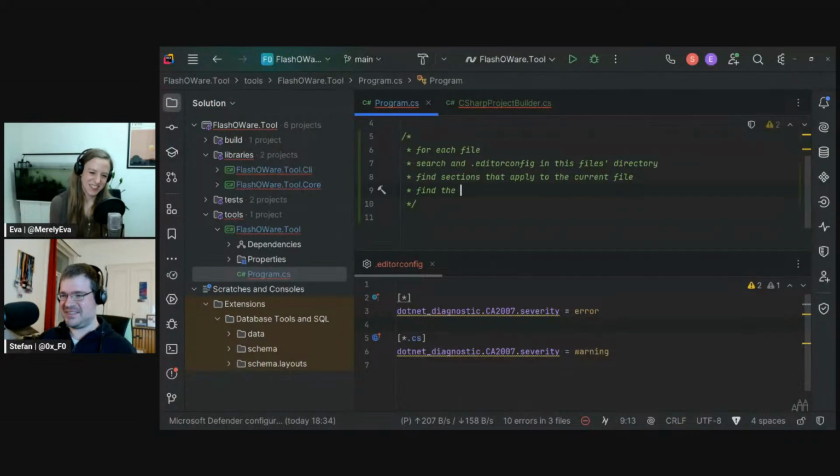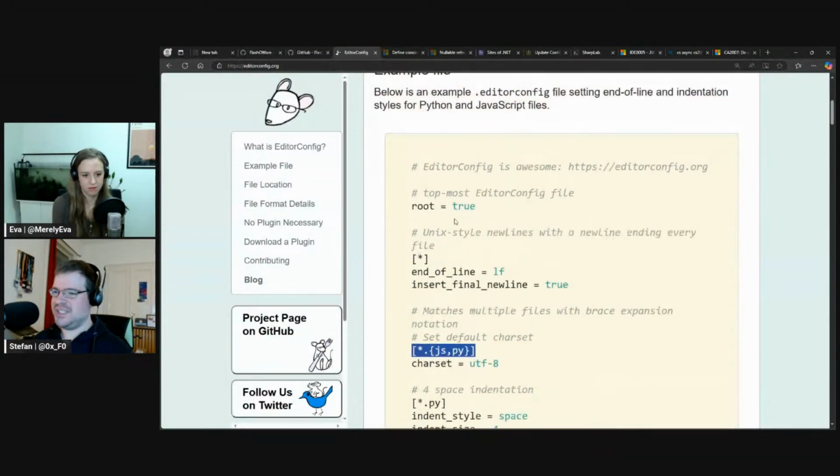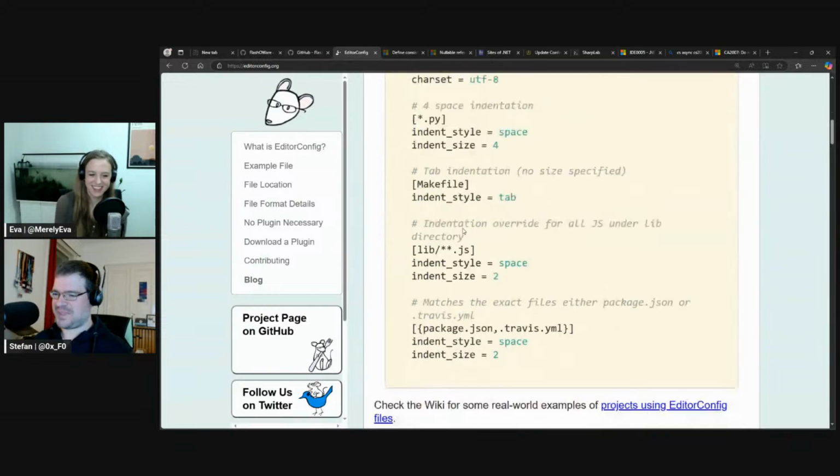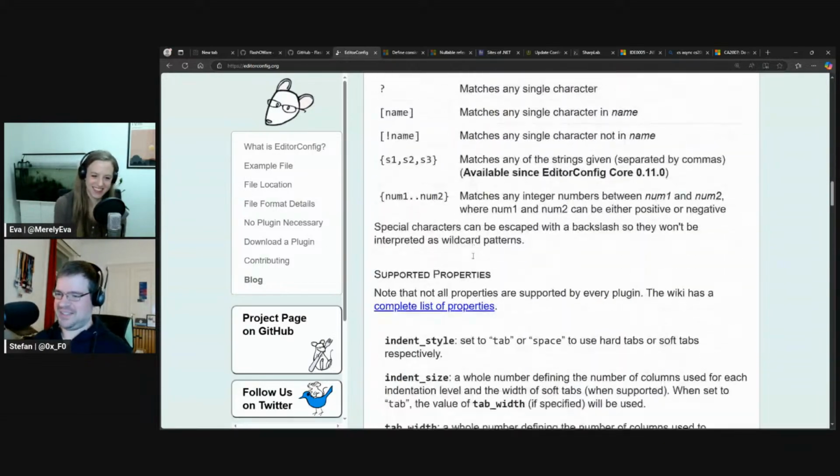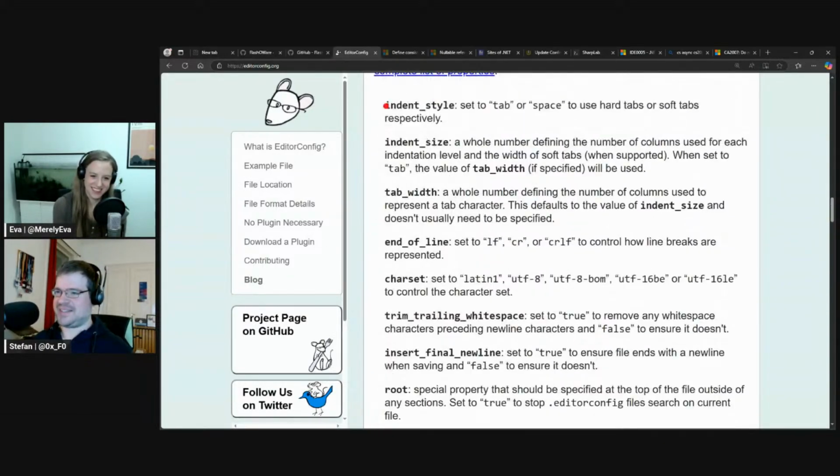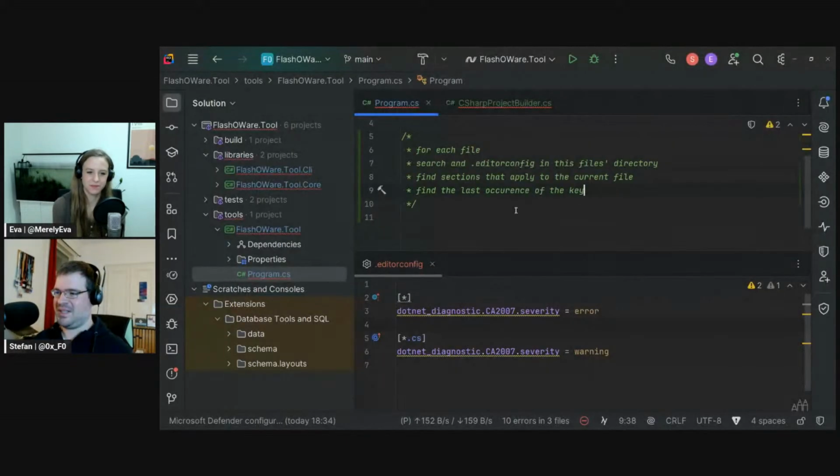Find the last occurrence of the key that we find. In our case, it's indentation. What is it that we are looking for? It's indent style and indent size. Okay. If not found, and if not root,